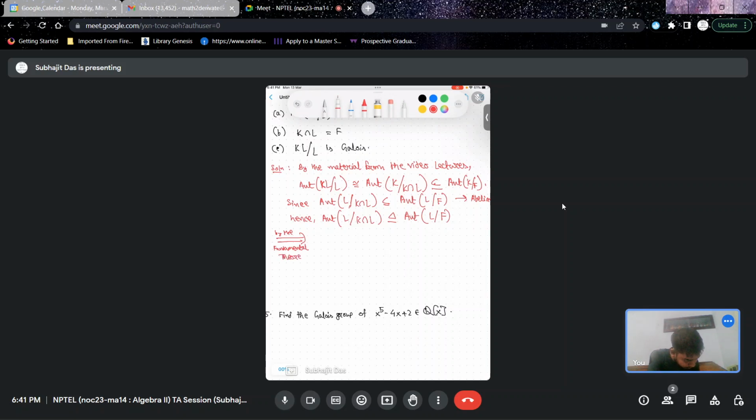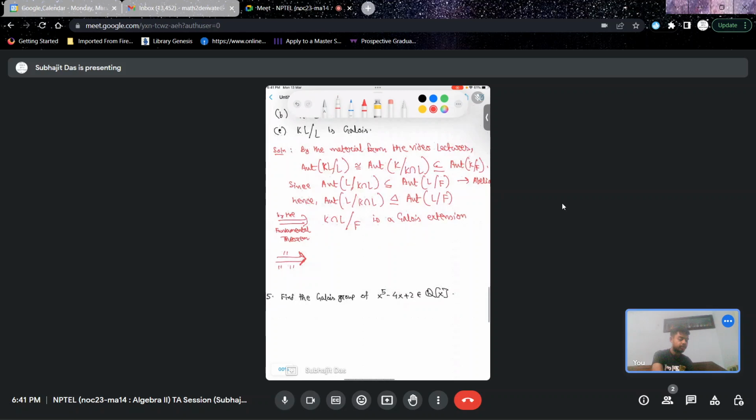of Galois theory that K intersection L over F, this extension is a Galois extension, which again implies, by the fundamental theorem of Galois theory, by the same reason. So far we were looking at the Galois extension L over F. Now we apply the fundamental theorem of Galois theory to the Galois extension K over F. Now note that K intersection L is again an intermediate subfield of K over F, and since K intersection L over F is a Galois extension,